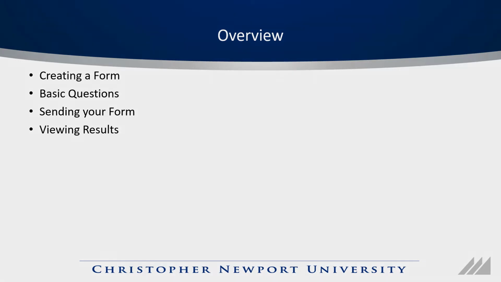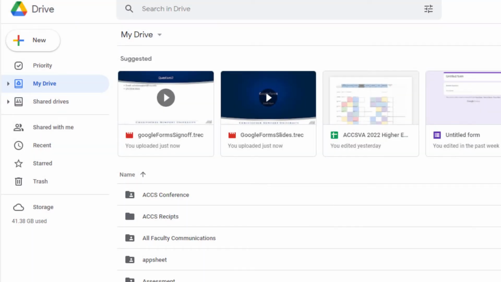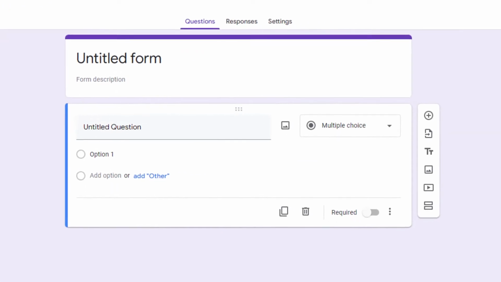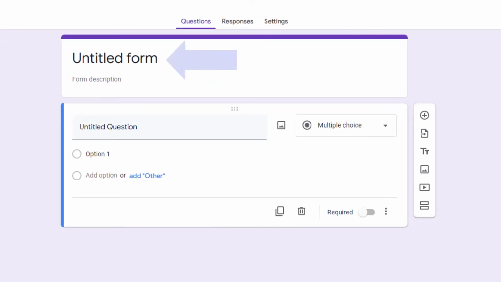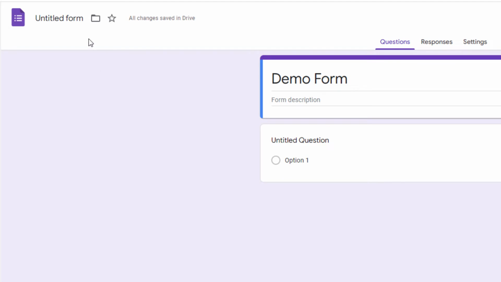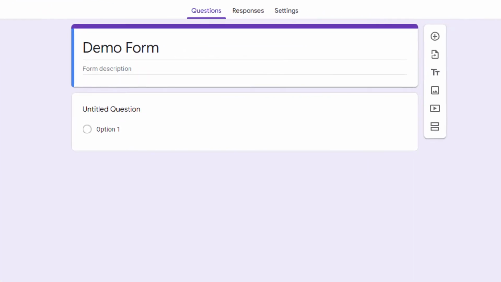Alright, let's get started. So, a Google form just lives in your Google Drive like pretty much anything else, and you make one by going to New, and you'll go to Google Forms. Once we do that, we'll be brought to the Google Forms interface. And the first thing we need to do is give it a title. And this will display both to you and to the person who's filling your form out. A neat trick is that if you click up here, where you'd click to save a Google document or spreadsheet, it'll automatically fill in the name of whatever the title is of the form. That way you don't have to type it twice.